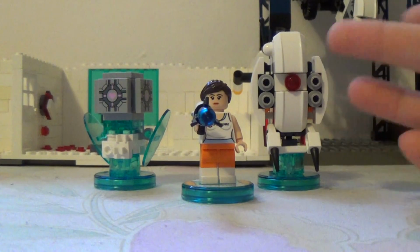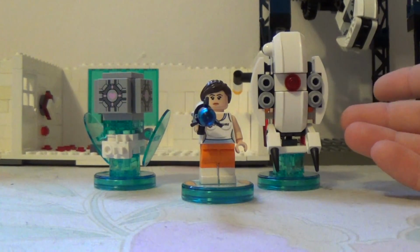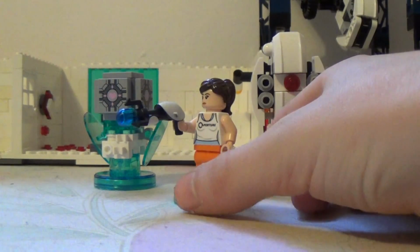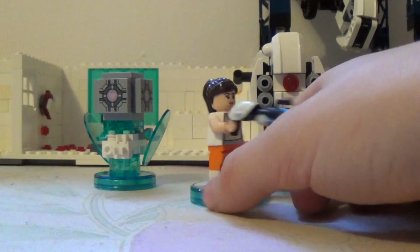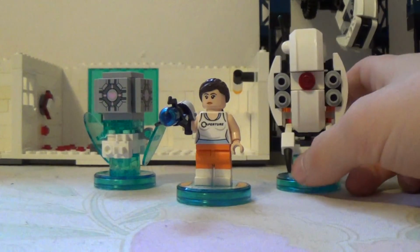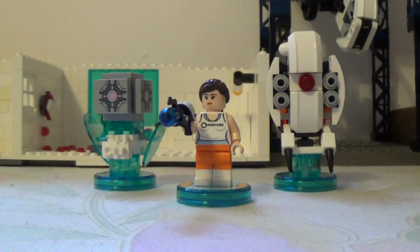Okay, so a while back, these new Dimensions sets came out. They're really cool because they're like real Lego Portal, but some stuff doesn't look too accurate. So I decided I needed to make it a bit better. So today's video is going to be on how to build a Lego turret,